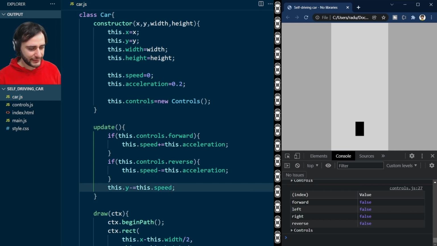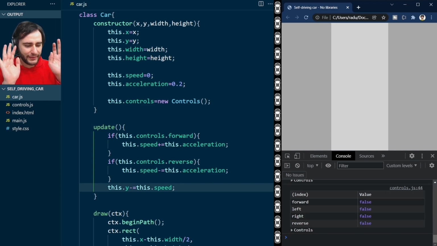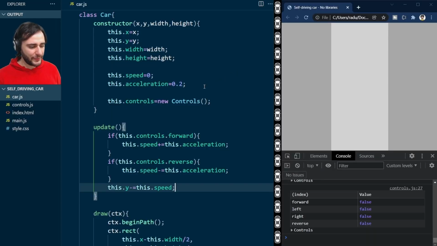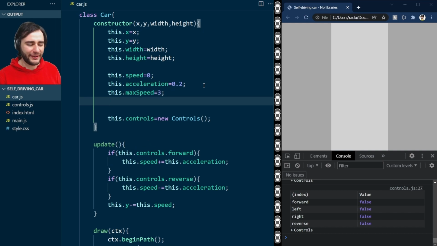I save the file, refresh the page, I press down, I press up. Whee! Okay, we need to stop the car from going too fast and implement some friction. So I'm going to go here and say maxSpeed equals something like 3 and a friction of, let's say,